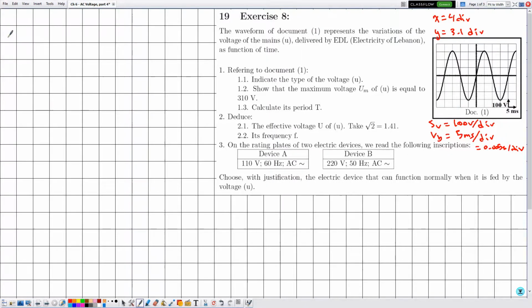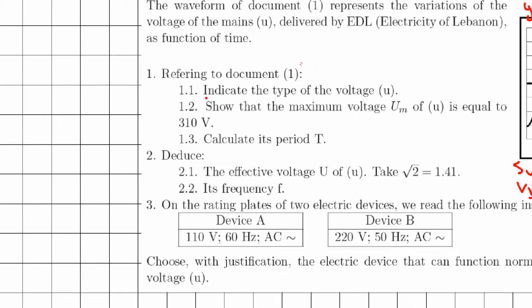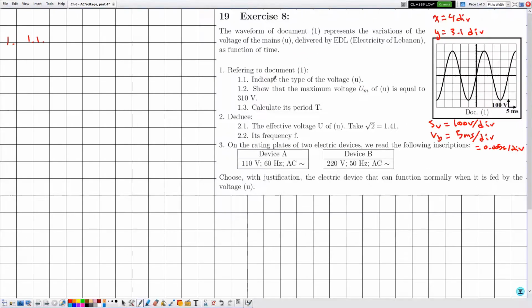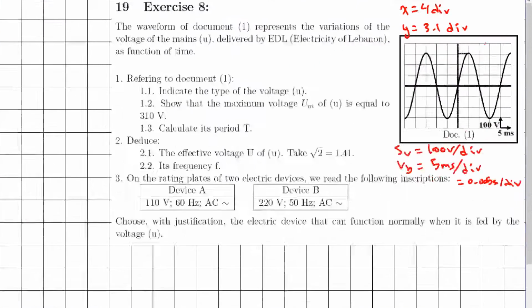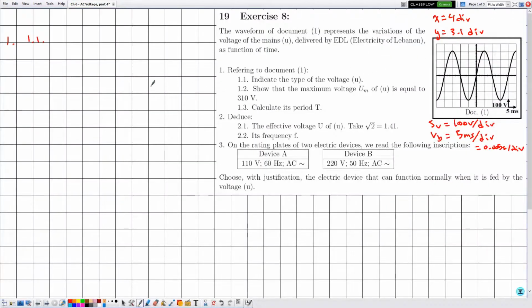They are telling me number 1, referring to document 1. 1.1: indicate the type of the voltage U, which is delivered by the voltage of the mains. And by indicate, it means that we need to state it with a justification. So notice that this voltage is variable with respect to time. It is changing. So since it varies with respect to time,